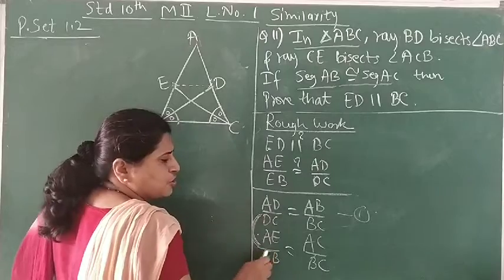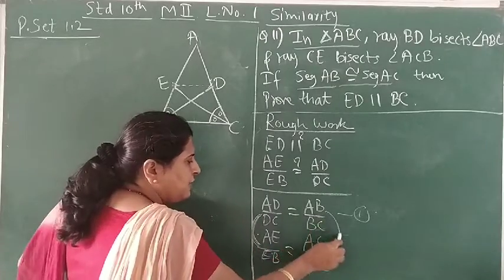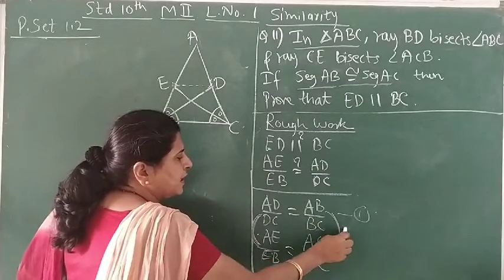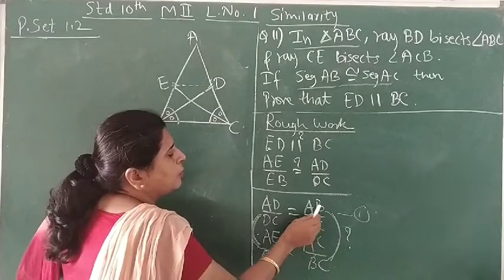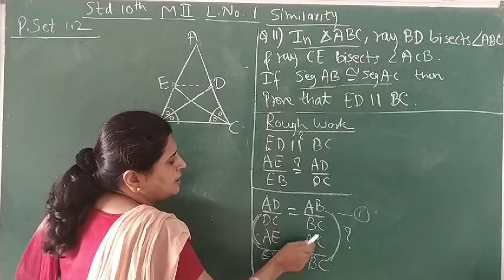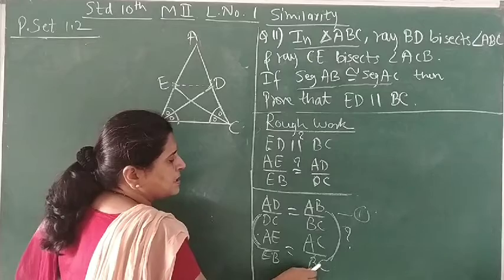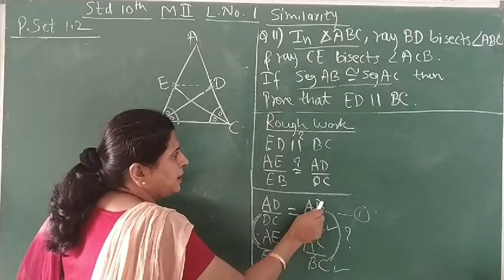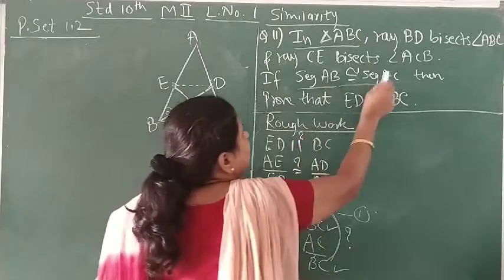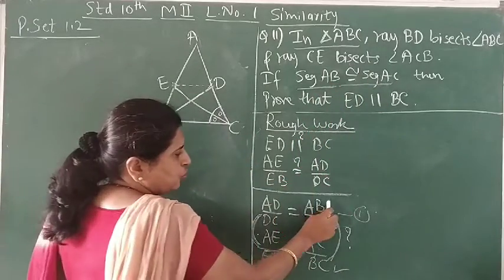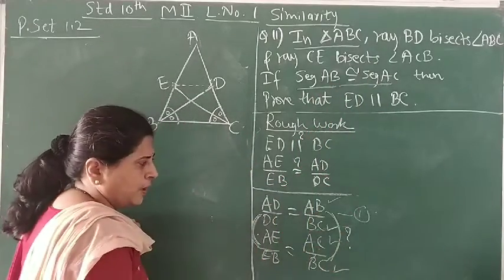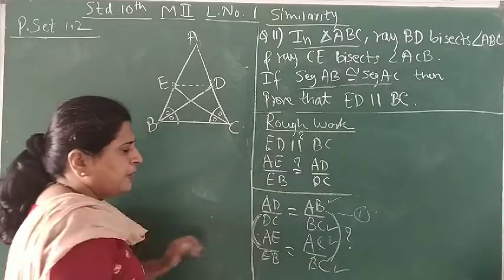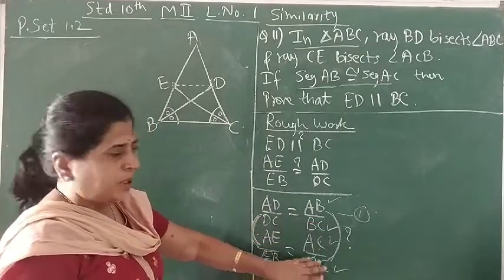To prove these two ratios to be equal on the left side, can we show the two ratios on the right side equal? Check the numerator. Numerator is AB, numerator is AC. Denominator is BC and BC. So already the denominator is equal. So there is only a question about AB and AC, and it's given to us that AB and AC are equal. So if these two numerators are also equal, and the denominator is already the same, we can show the right side is equal, hence